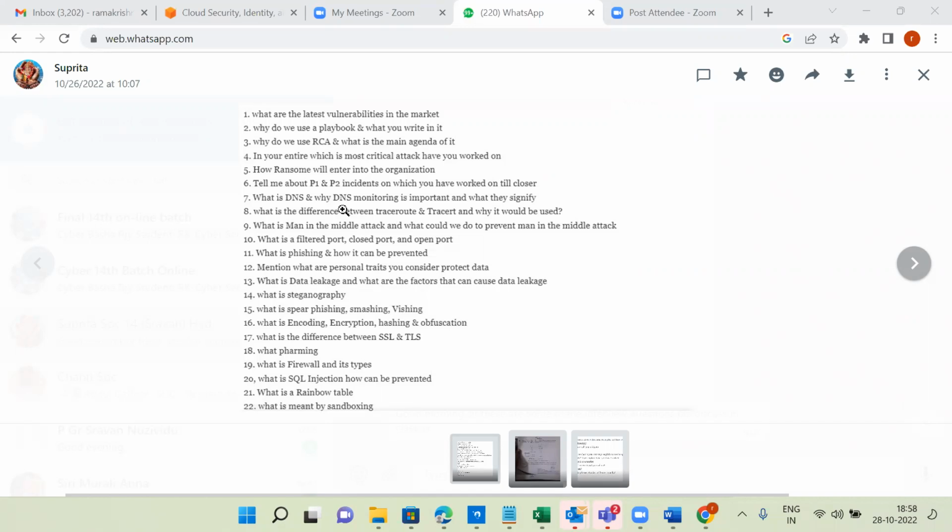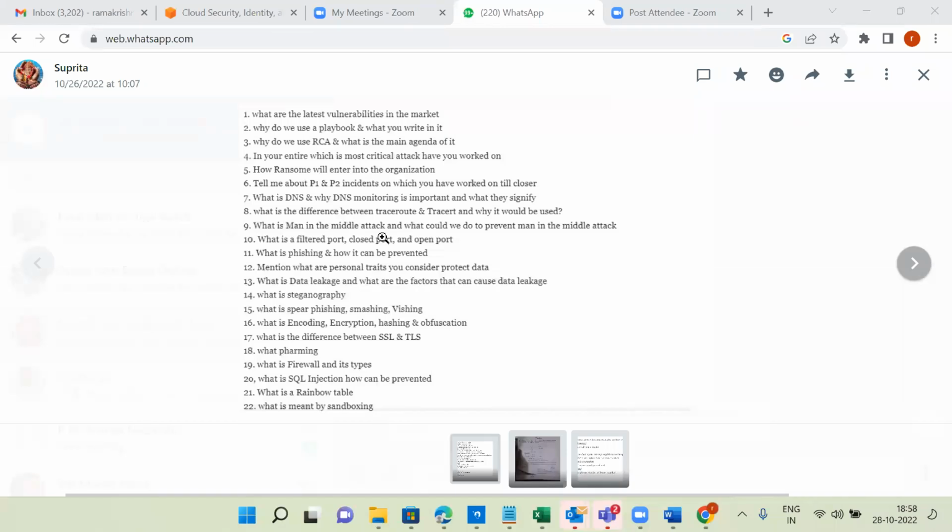Finally, the entire system, servers or organization will get compromised. That's why DNS monitoring is very, very important. So from the interview point of view, they expect whether you are aware of DNS attacks or not. So that is the seventh one.